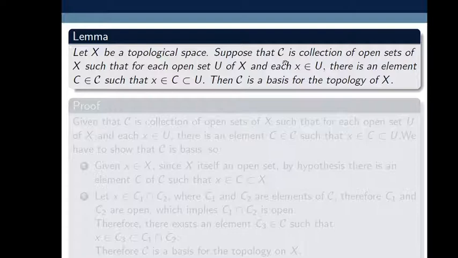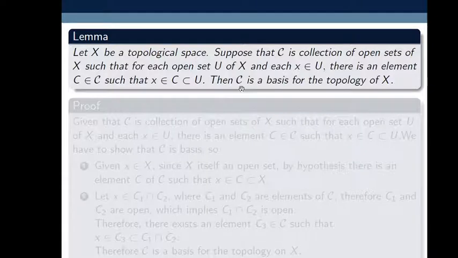Suppose that script C is a collection of open sets of X such that for each open set U of X and each x belongs to U, there is an element C belongs to script C such that x belongs to C is contained in U. Then we have to prove that script C is a basis for the topology of X.